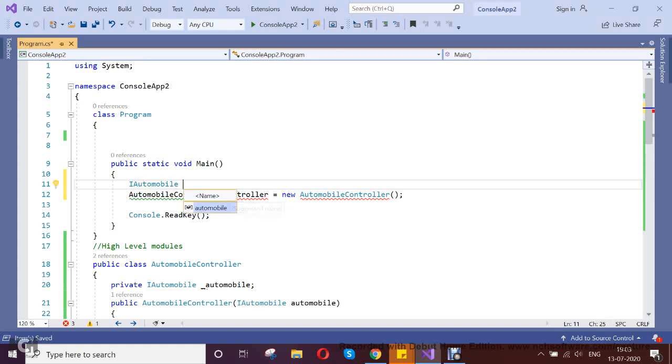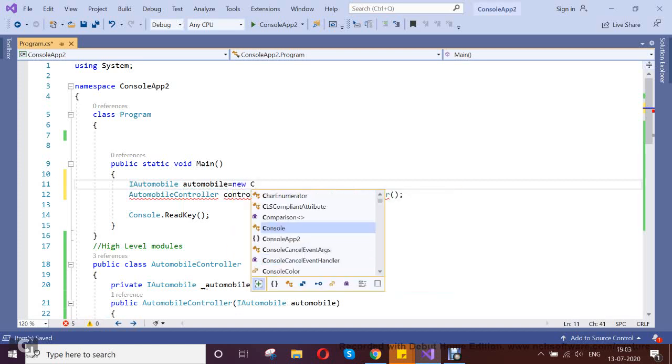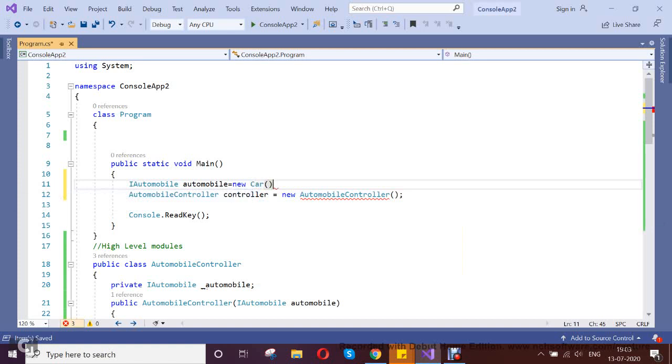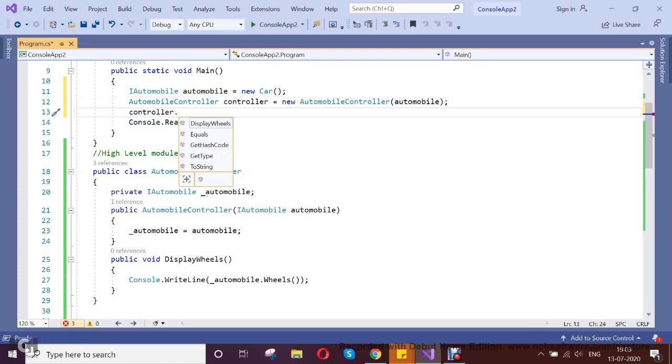I want to get the wheel of the car. So automobile equal to new car. Now I am passing this into my constructor, so it gets injected here and the value will come. Now controller dot display wheels.